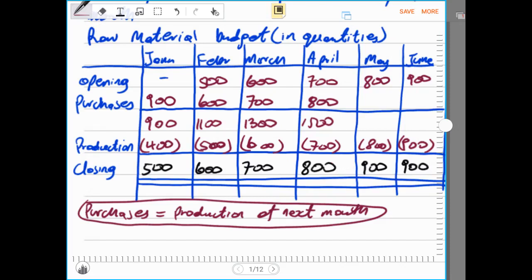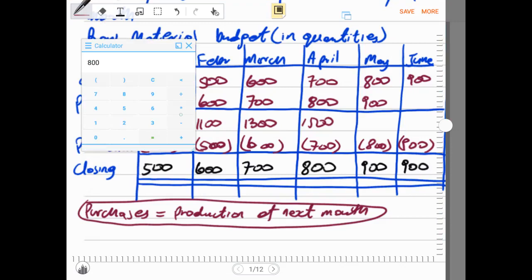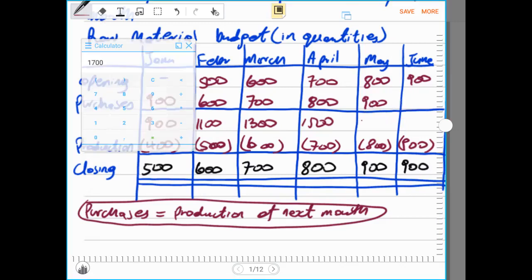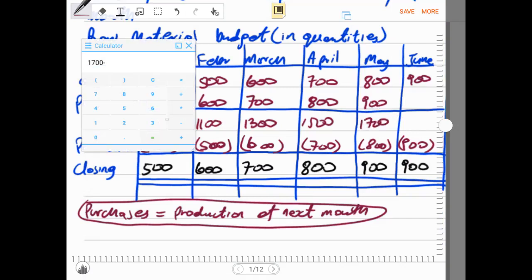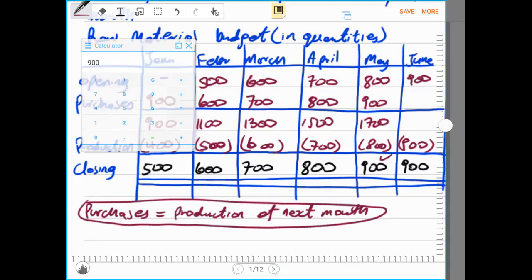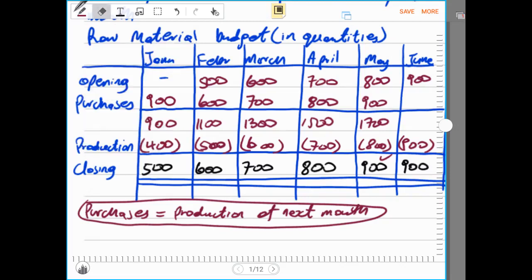Then after, now we record purchases of the month of May. And the purchases of May, remember I said purchases equal production of next month. And production of next month is 900. Therefore now purchases will be 900. So now we continue on that and we say 800 plus 900 will be 1700 minus 800, and this gives us 900, which is exactly the closing that we have already calculated. So now we continue on that same note and we say,